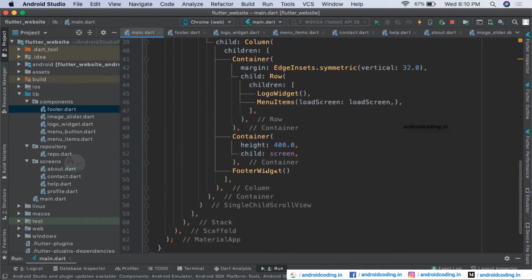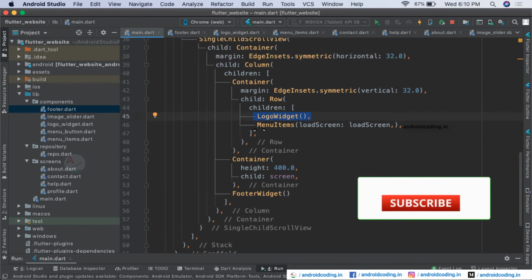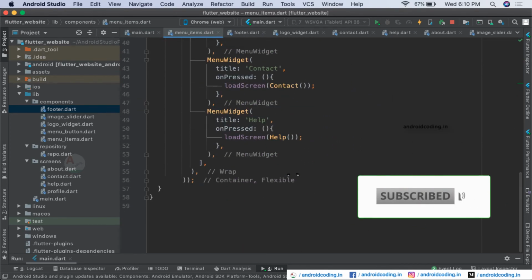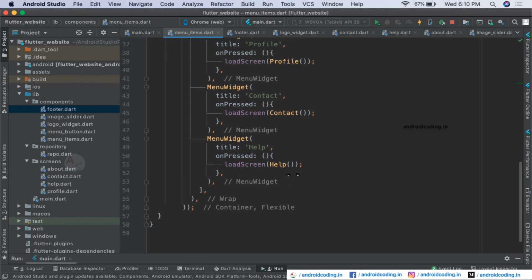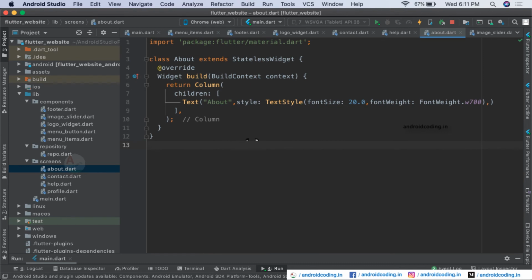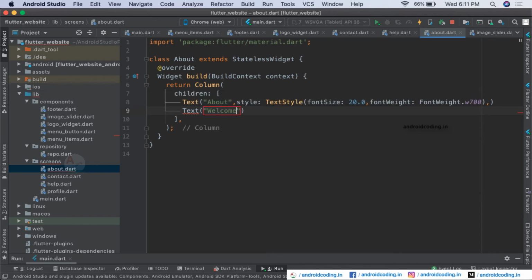Now we have separated the modules, and we have created a single line in place of them, and when you tap on this particular widget you can go into it and see what we are doing there. Here you can add more menu items, and also add some more lines of code. Inside the about, we have added a heading, and now you can add one more text field here, and provide some text like welcome to.